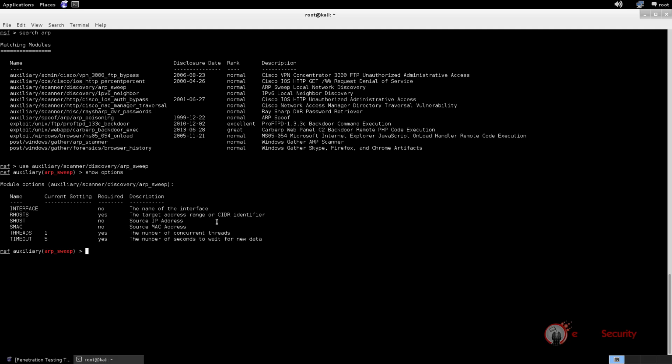Here, Metasploit prints out all of the options and parameters that we can set for the specific module. Note that some of these are required, while some others are optional. For example, we have to set the parameter rhosts, which is required and is used to define the target address range we want to scan. So let's do it by running the following command: set rhosts